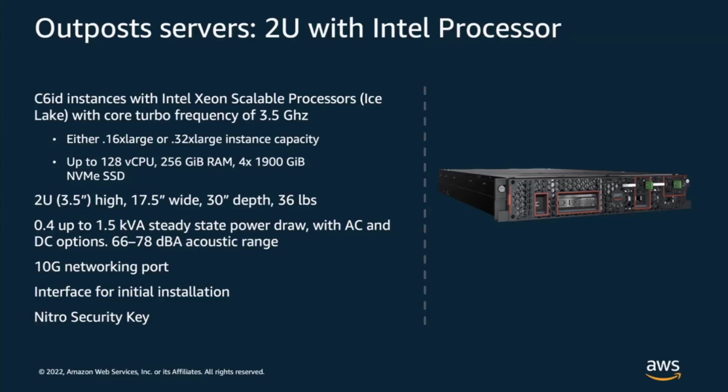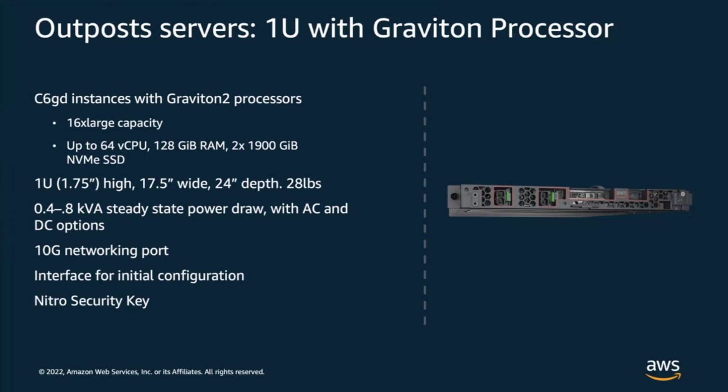Goes into initial configuration, so there's an interface for that. And the Nitro security key, I'll mention that a little bit more in a minute because both units have that. The other unit is the 1U and is the Graviton 2 based. This unit also has the dual 10 gig networking and the same interface for configuration and the same Nitro security key. The security key is a pretty unique feature on the Outpost servers that allows you to have a method to